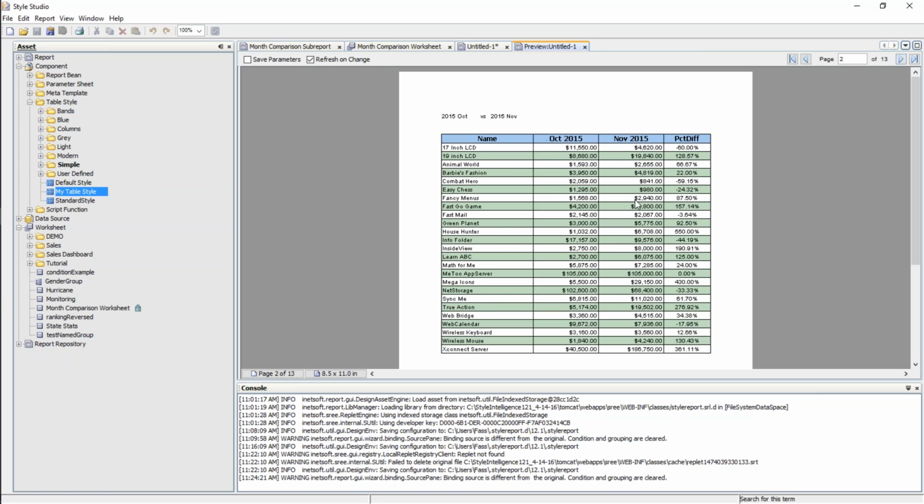If I go to the second page, here's October versus November 2015, and the instance of the subreport that I get here, again, because the section is passing these date parameters into the month 1 and month 2 parameters of the subreport, that gets filtered to give me those 2 months, and so on for every page. Now there is one issue if you were to go all the way to the last page. There's a blank page there that we can deal with, but I'm not going to worry about that right now